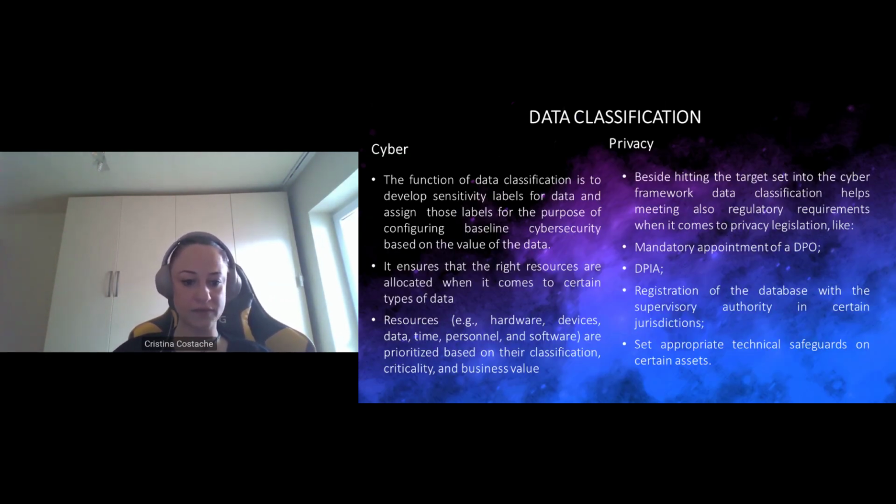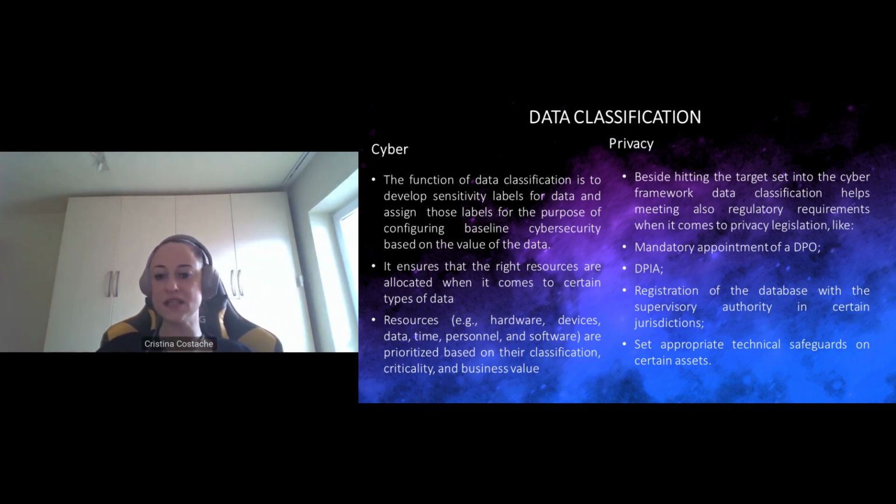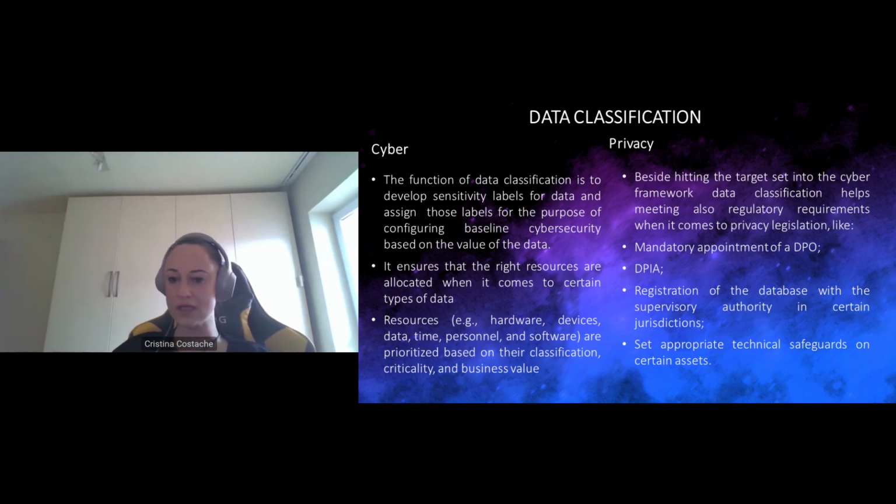Moving a little bit faster, time limitations, data classification. The function of data classification is to develop sensitivity labels for data and assign those labels for the purpose of configuring baseline security based on the value of that data. Of course, for privacy, besides hitting the target that is set in the privacy framework, data classification helps meeting also